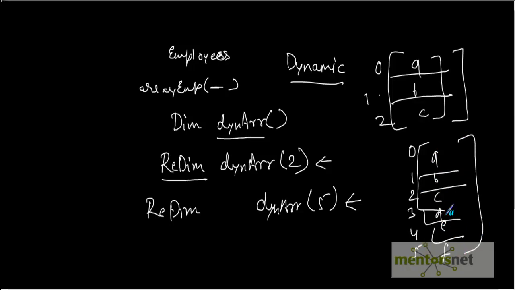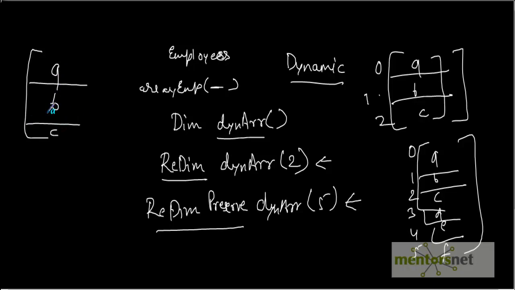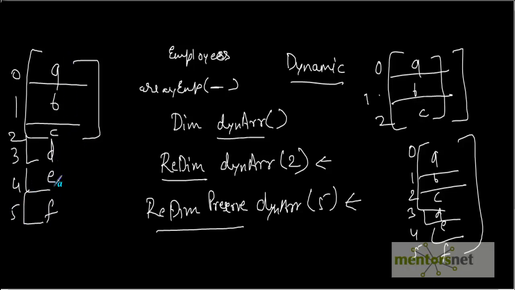Now if you want to preserve the old values, you have to use the preserve statement. Redim preserve. The difference between redim and redim preserve is that using this statement the content of your array gets preserved. Like in this case, if you have an array like this, A, B and C at 0, 1, 2, when you define the redim preserve, now your array will become like this: 3, 4 and 5. This content stays the same, and now you can give contents to the other indexes. Okay, so this is how the dynamic array works in QTP. Thank you.